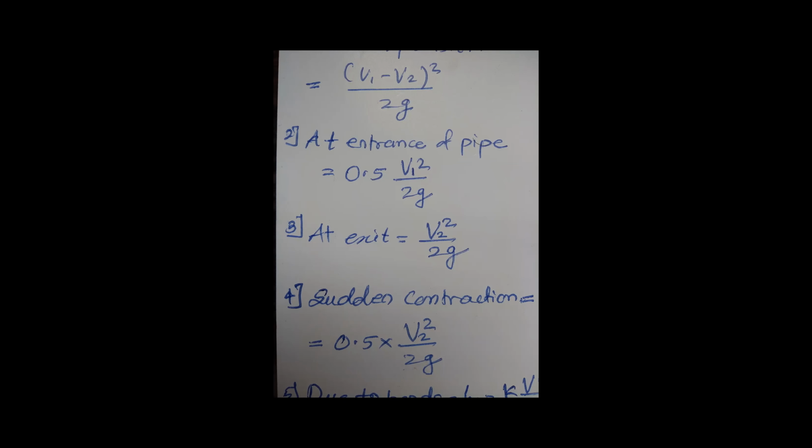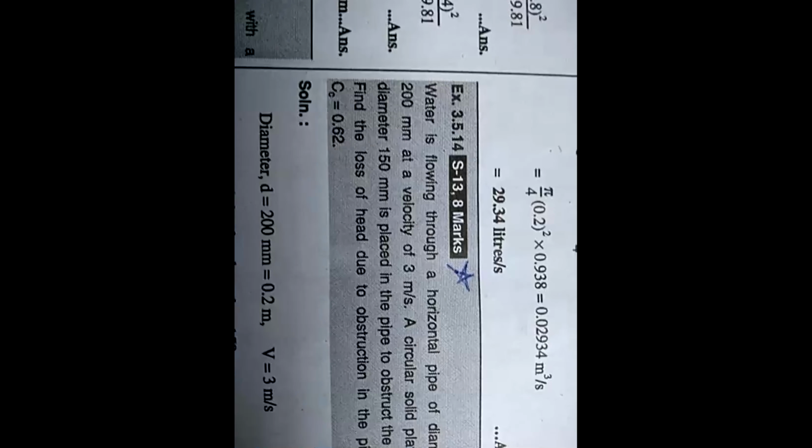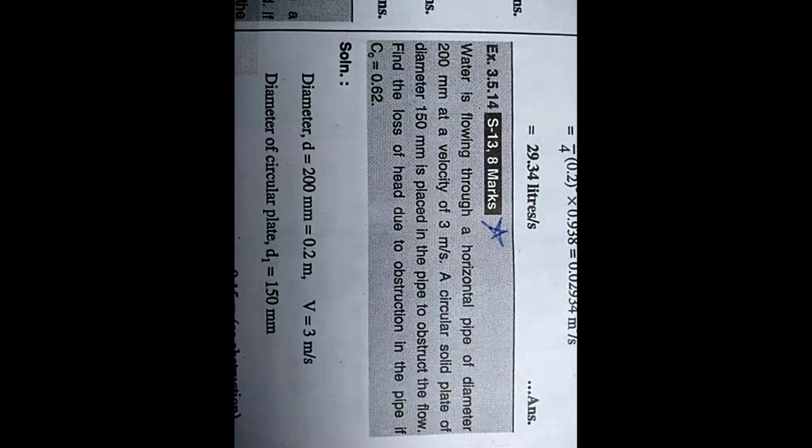Okay. So we have just found out the major losses and minor losses. There is also a term called total loss in the pipe. So they consider major losses plus minor losses. But here in the numerical, they don't ask us to calculate the total losses. So that's why we are not taking any summation. So these two losses are different, major losses and minor losses. Now next numerical is again based on the minor losses for the sudden obstacle in the pipe.